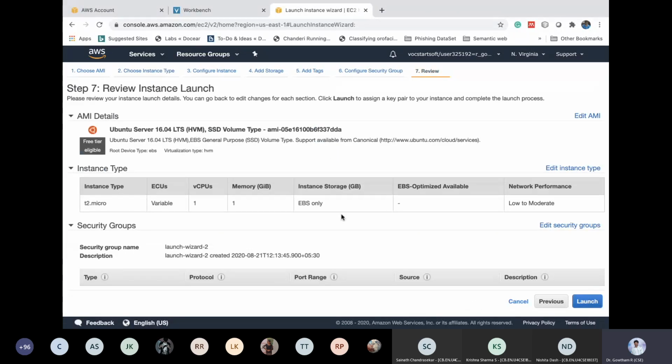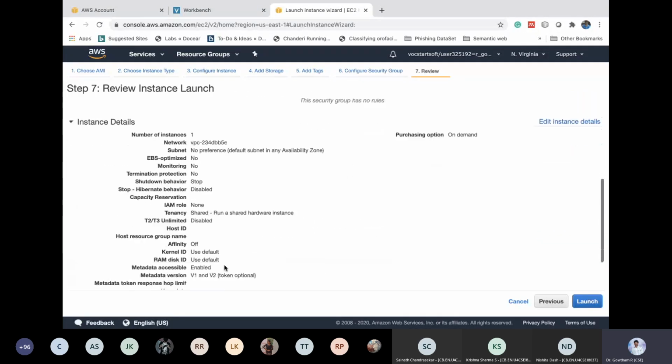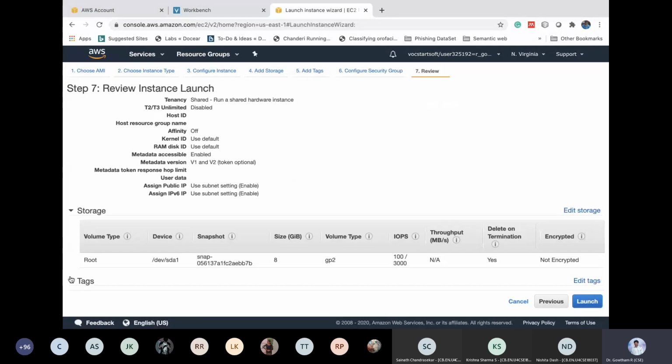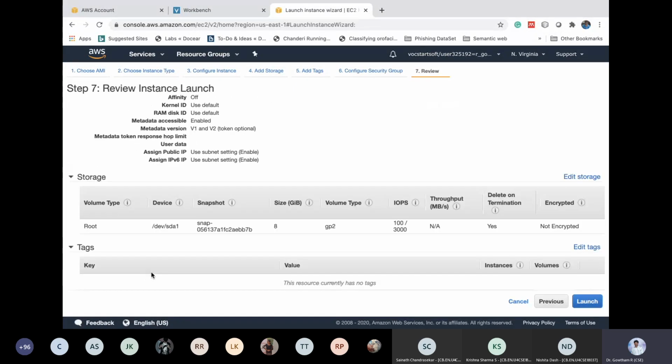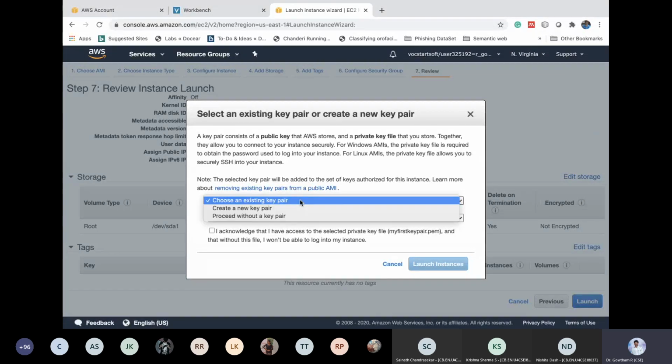In this step, it details the complete properties of the virtual machine we're going to create. Since we are using all default values, you need not bother much about this. Click on launch. It is asking whether to use an existing key pair or a new key pair.